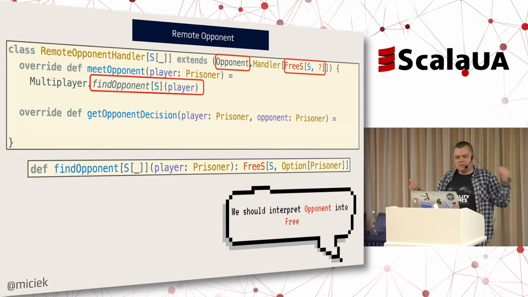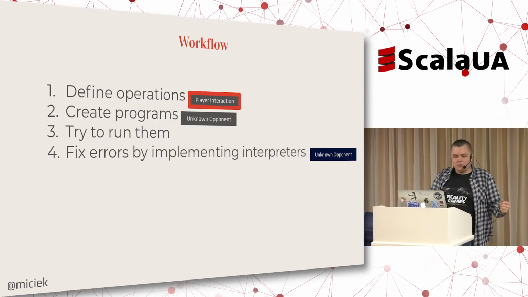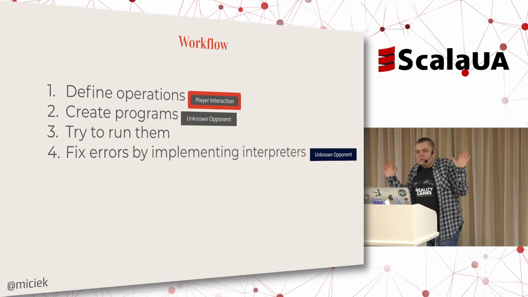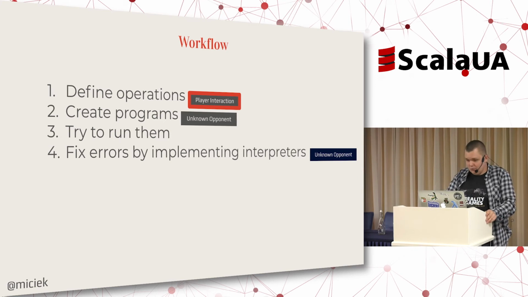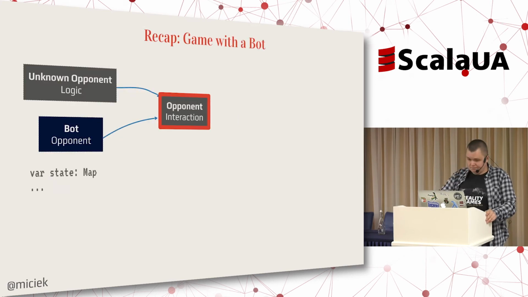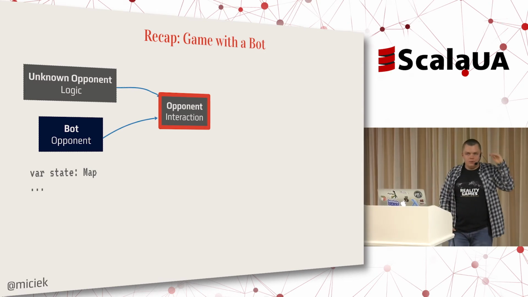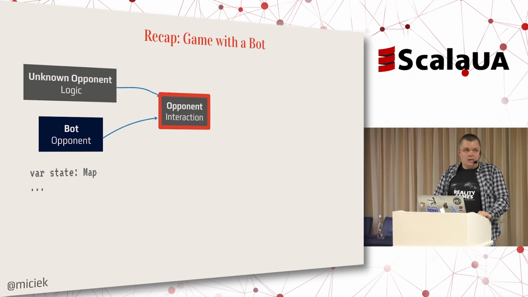So those two things are connected here. And again, when we get back to the workflow, the concept is that if we miss some interpreter at the end, the compiler will tell us. So let's see what the compiler would tell us in this case. We had opponent interaction: meet prisoner, meet opponent, get opponent decision. We implemented unknown opponent logic game using that, and bot opponent with these vars to handle this opponent interaction operation,